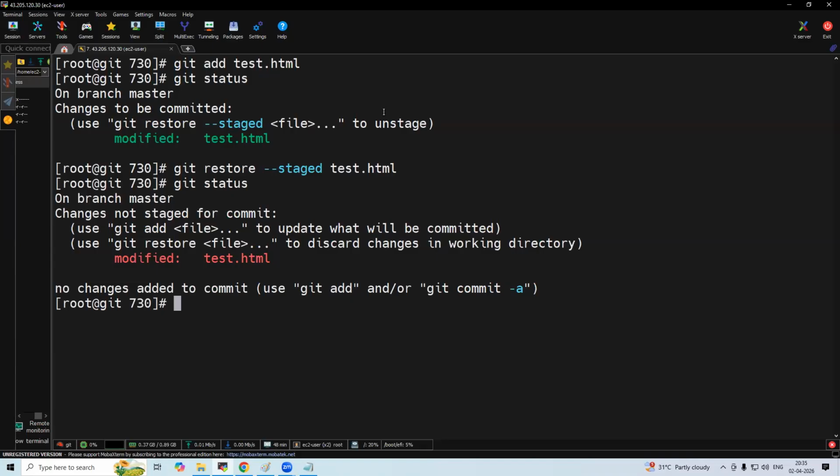We'll see. So now again what we do? We do git add. Which one? And then what we do? git commit -m